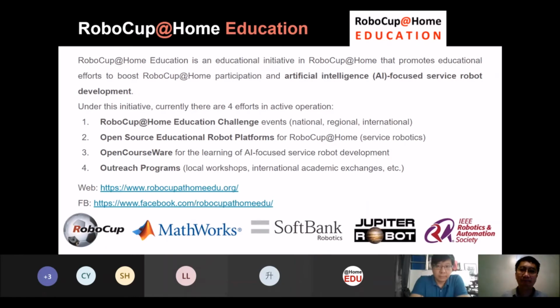The next thing that we focus on in this initiative is we gather resources for this open source educational robot platform. We gather all the learning resources to assist our community to learn how to build service robots, not just for the competition, but also if you want to learn about AI and robotics for your computer science or engineering courses.